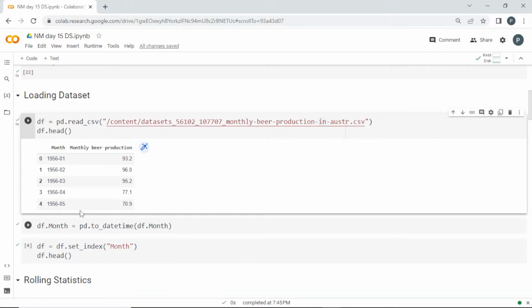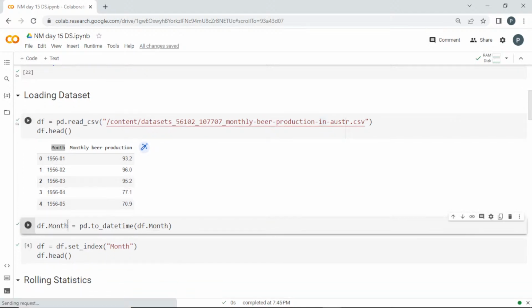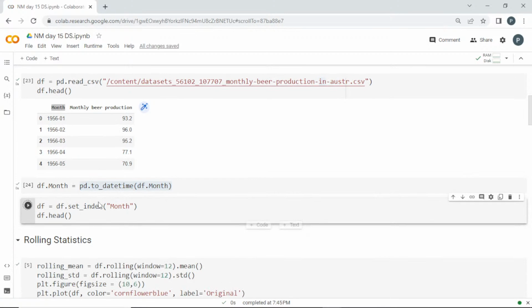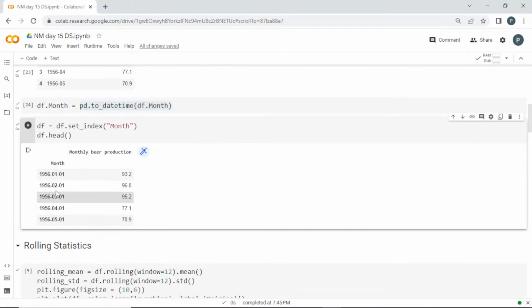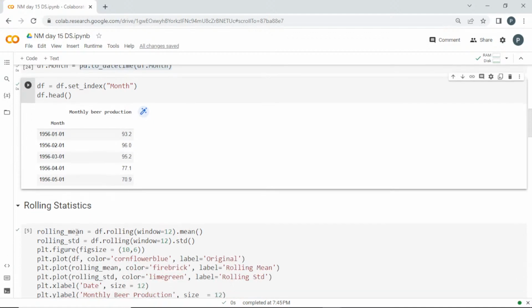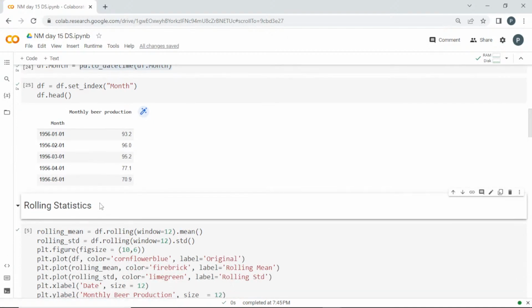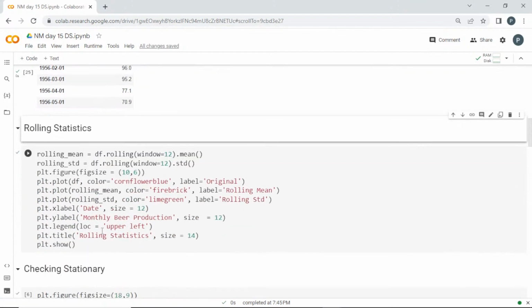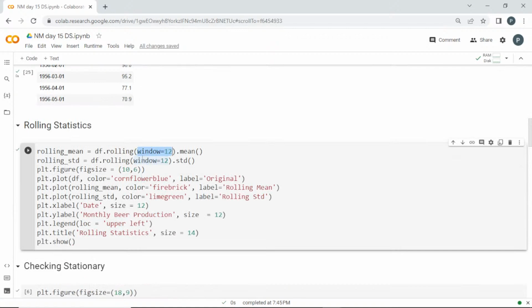Since we are dealing with time, I'm converting the month column using pandas to_datetime, and now I'll set this as the index, because I want the datetime as the index to compare the beer production. This will be the value. The rolling statistics is nothing but the moving average, guys, don't get confused. I'm setting the window size, taking the rolling mean and the standard deviation, and plotting them. So if I run this,